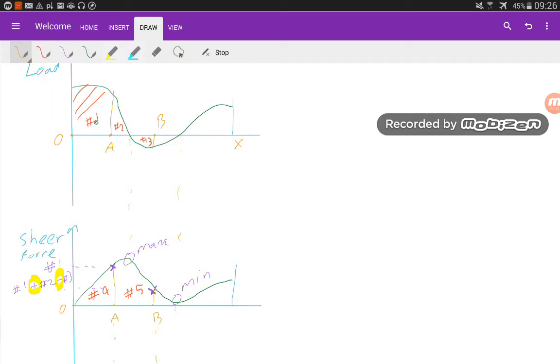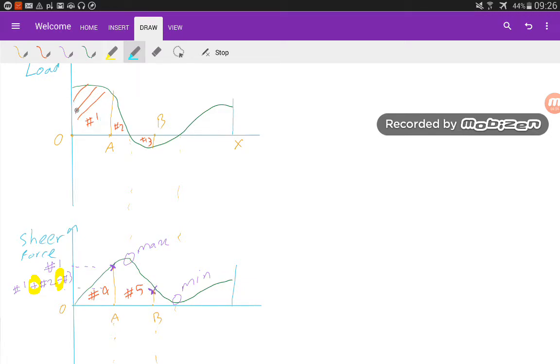The area is number 1. In your shear force drawing, just as you see number 1 here, you are going to mark it, and from point O, you're going to draw it to point A. So this is the shear force at point A, that is this much. For point B,